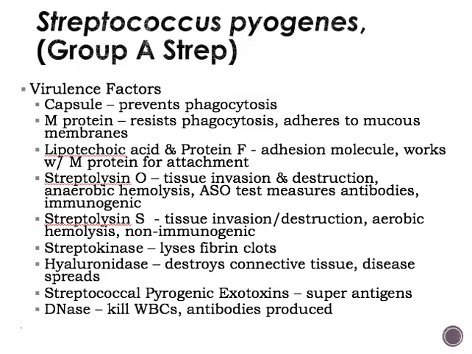M protein resists phagocytosis and adheres to mucous membranes. Lipoteichoic acid and protein F are adhesion molecules. They work in conjunction with M proteins to secure attachment of the bacteria to oral mucosal cells. Streptolysin O contributes to tissue invasion and destruction. This is what causes the hemolysis that you will see on your sheep's blood agar